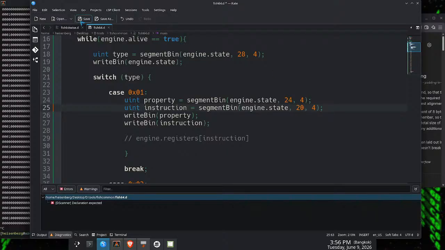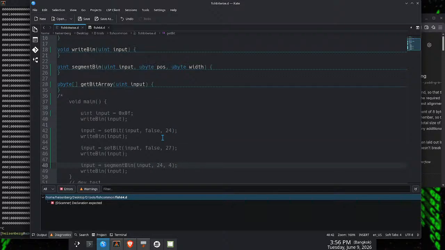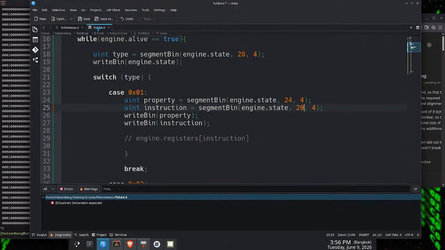It's like in Fish Bitwise, when we did the 24 to 4, that gets you 24, and then also that. 27. Wait, doesn't that grab the number in front of it? This could be pretty bad if it doesn't work, but